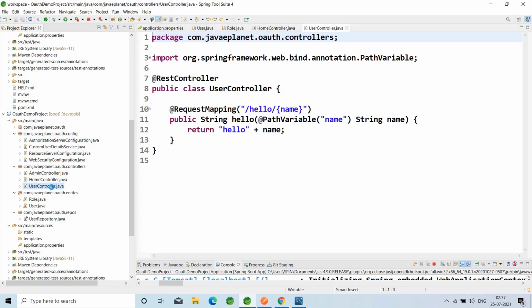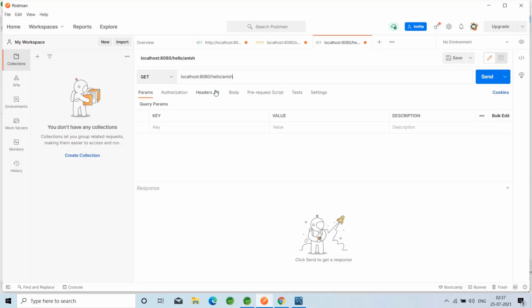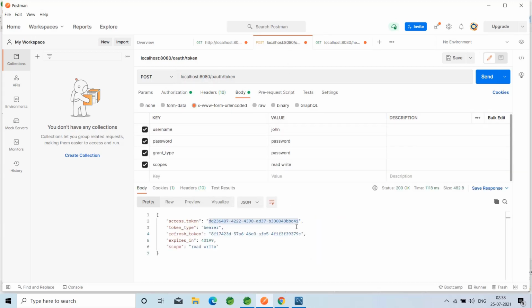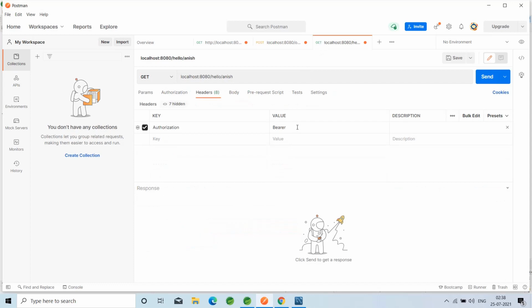For that, hello/name, I'm giving this as Anish, and the header type authorization bearer. I'm copying this access token. Okay, awesome. Hello Anish, we are accessing.